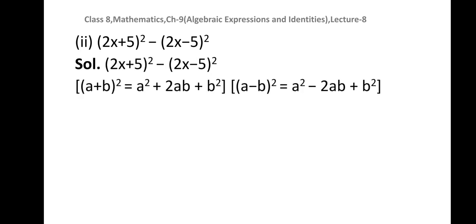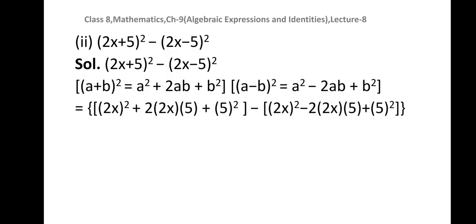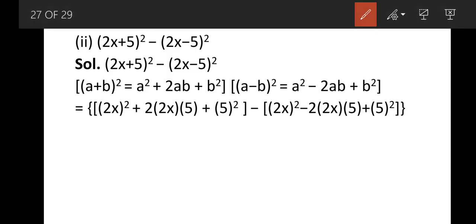Now coming to the second part of the same question, let us see the steps and then you will be able to understand it clearly. First of all, you need to find out which identity is to be used. Here a plus sign is there in between these two, square is there, so identity number 1 is to be used. Here a minus sign is there, so identity number 2 is to be used. So I am using first part.